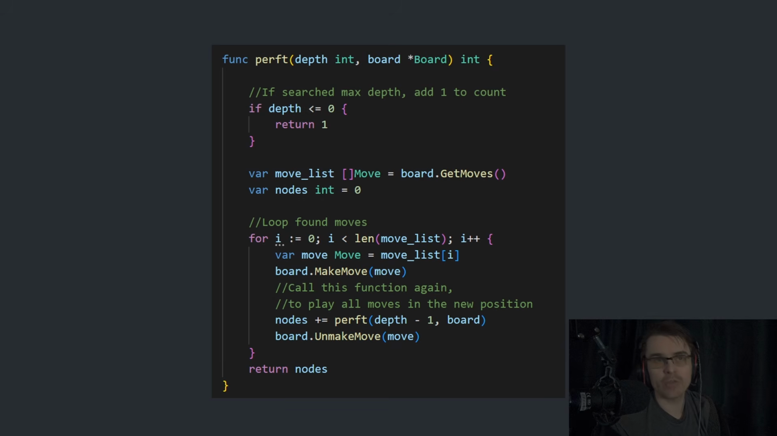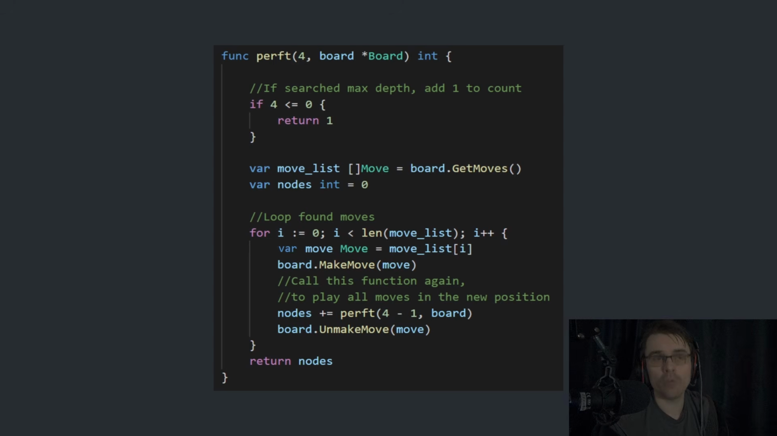Let's replace depth with the actual number so we can see what's happening. So imagine we put in 4. So we start with 4, and of course 4 is not less than 0, so we continue. And then we go through the looping through all the moves, and we call perf. 4 minus 1 is 3, so we put in 3. 3 is not less than 0, so we continue. 3 minus 1 is 2. And then 1, and then 0. 0 is less than or equal to 0, so we return 1, and then return, and then return, and back